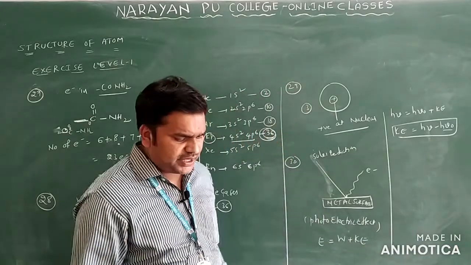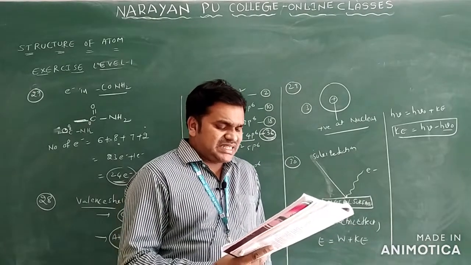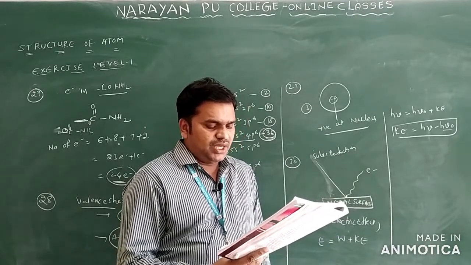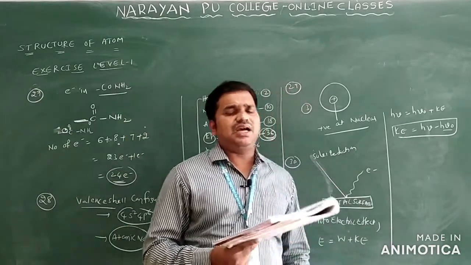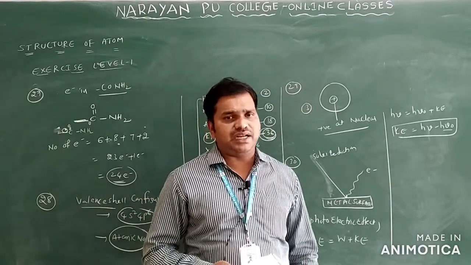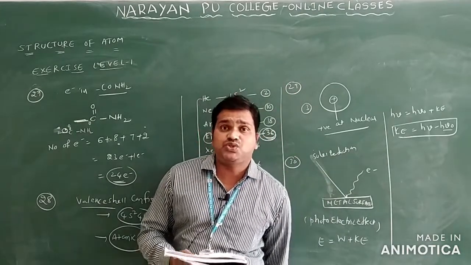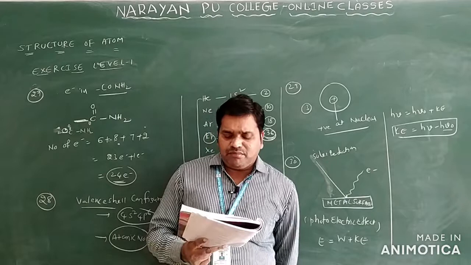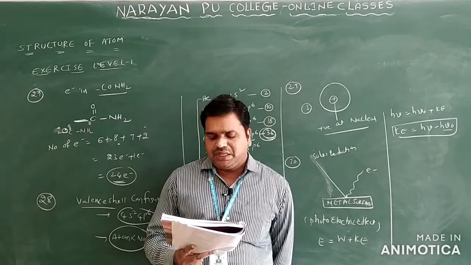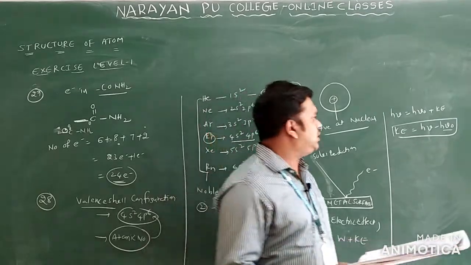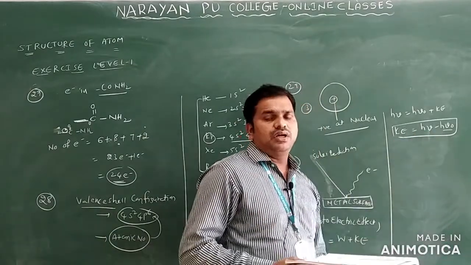Now the question is, a metal surface is exposed to the solar radiations. The emitted electrons have less energy than the maximum value of energy depending upon the frequency of the incident light. The number of emitted electrons mainly depends on the intensity of the incident light, so the number of photoelectrons ejected from the metal surface is directly proportional to intensity. That is the concept. Generally, kinetic energy is equal to h nu.